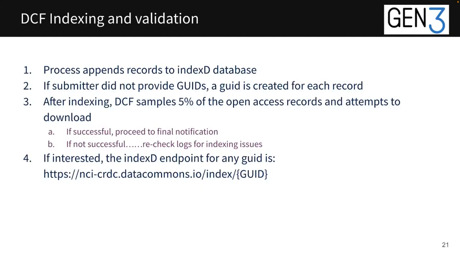Indexing simply appends records to the IndexD databases. If you did not provide GUIDs, a GUID is created for each record. And after indexing, DCF samples 5% of open access records and attempts to download. Note that if your data are controlled and DCF does not have dbGaP access, we are unable to perform this step. If we are successful, we proceed to final notification, and if not, we recheck our logs for other indexing issues. For your interest, the IndexD endpoint for any GUID that DCF has indexed is